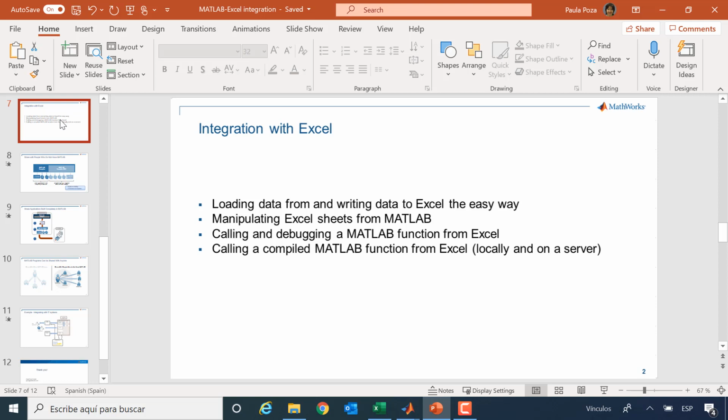Also, within that reading and writing, we mentioned the different options available within readtable and writetable, writematrix, etc. We also saw how to call MATLAB from Excel, two ways, Spreadsheet Link and Excel add-in. And we've gone into the details and characteristics of each of those options.